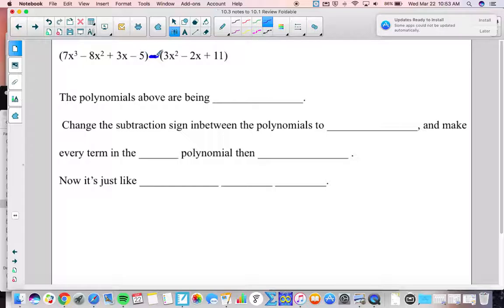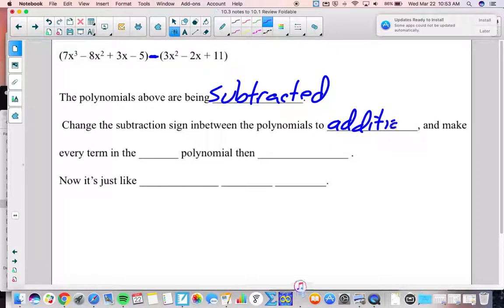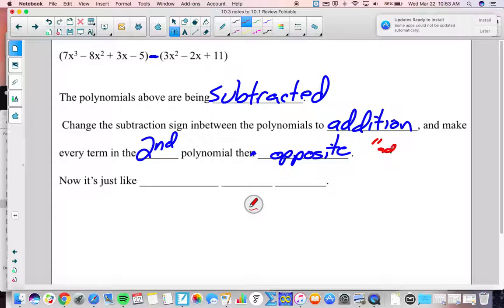It's this polynomial minus this one. So these are being subtracted. Change the subtraction sign, this one right here, in between the polynomials to addition. And make every term in the second polynomial the opposite. This is the same as adding the opposite,